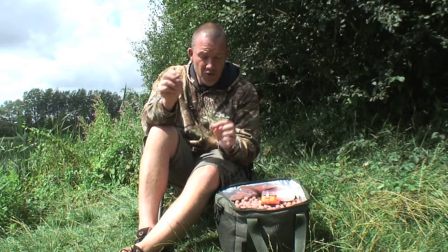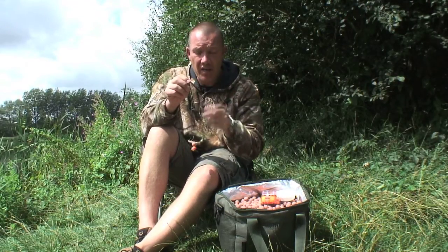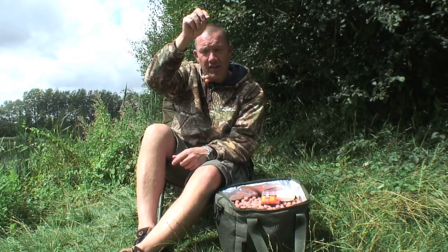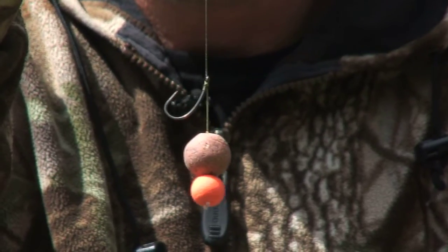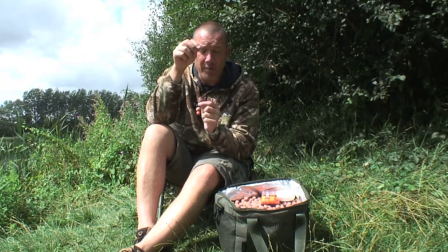But yeah, it's a simple KD rig, so it's a simple knotless knot. So twice around the shank, move the hair out the way, 5 times underneath, and that gives you the real aggressive angle that hook is sitting at. So once that goes in, the theory being big bait, big hook, it's going to catch them somewhere. So it's very hard for them to spit out, and it wouldn't be uncommon for me to use an even